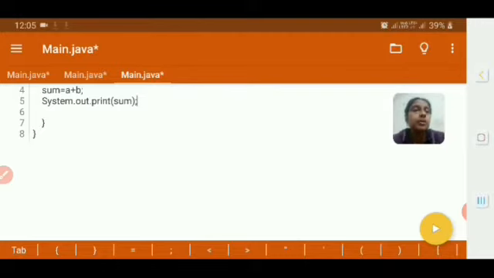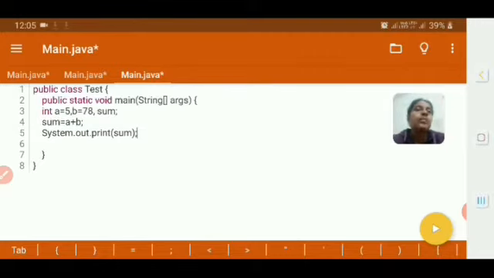Don't give anything else, because I should know it's your program. If Bharati is doing it, give public class Bharati instead of test, and try executing the program, take a screenshot, and upload it in our classroom app.